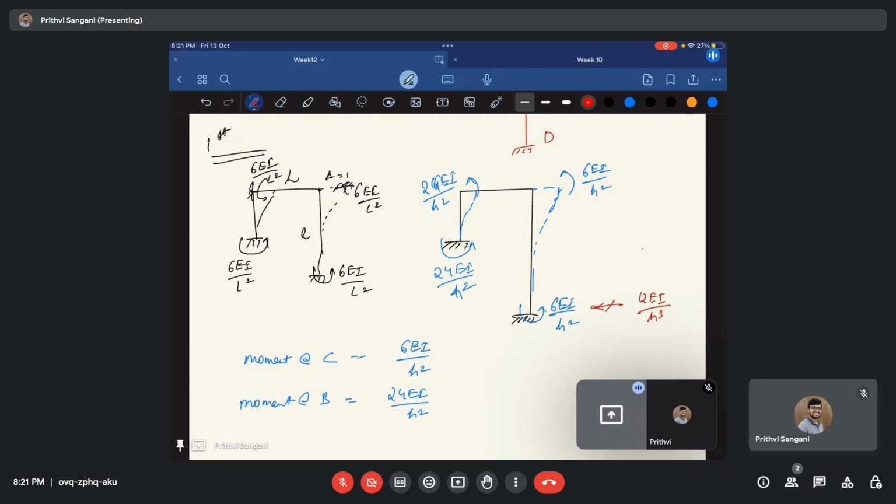And also you have something coming here. So this is actually rotating everything in anti-clockwise direction. You should have a force that has to rotate in clockwise direction to negate it. So this will be 48 EI by H square by H by 2 again. So that is going to be 48 times 2 by H cube. Then what about the force here? Because that is what we actually want. So the force there is